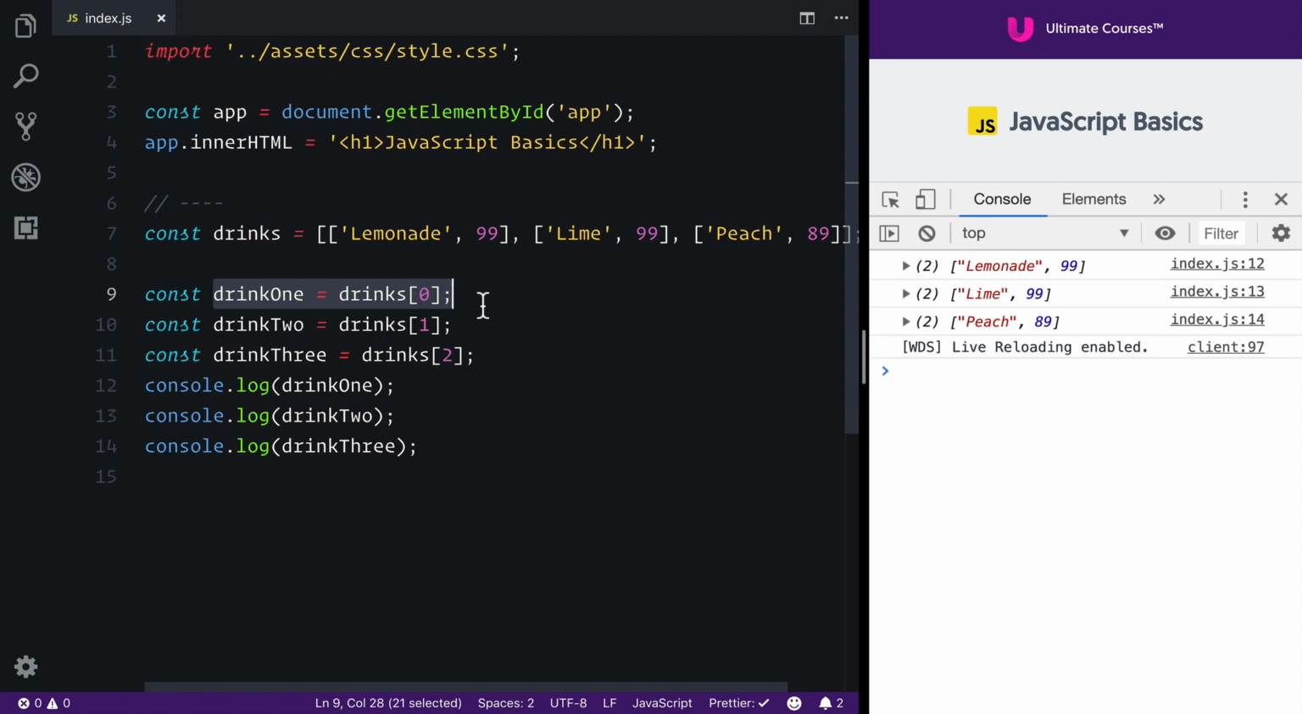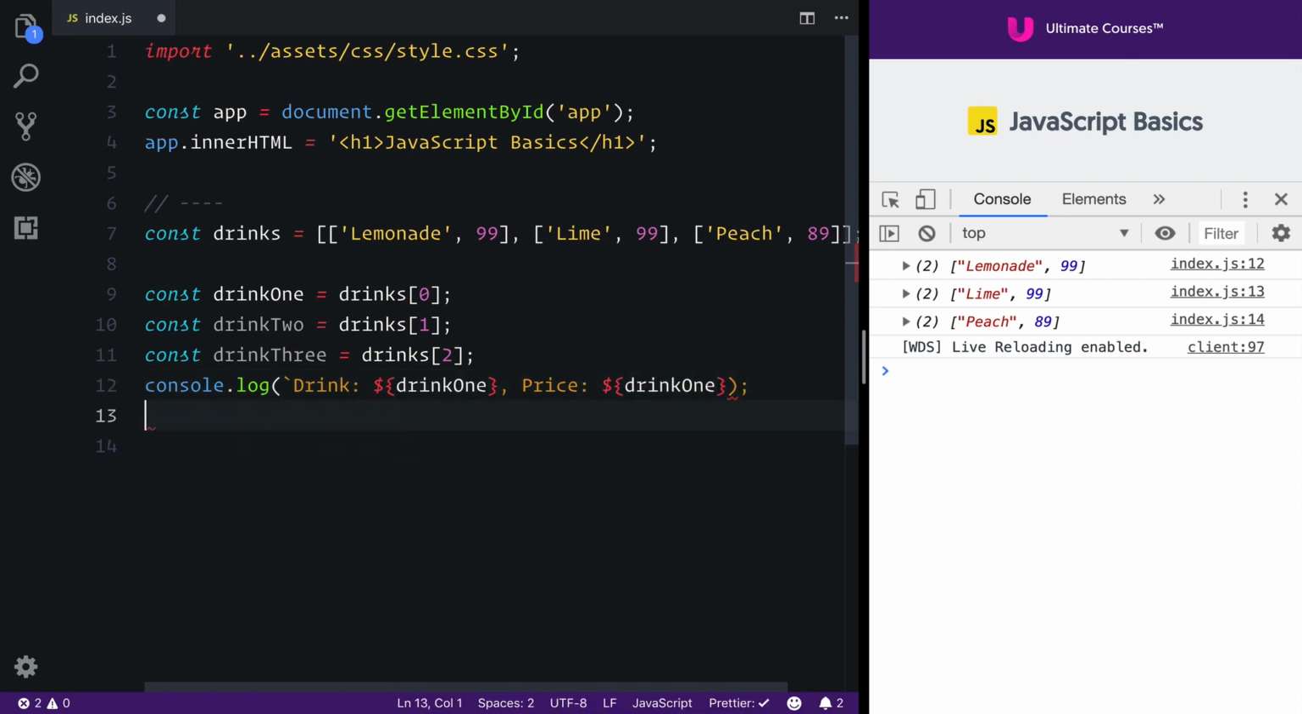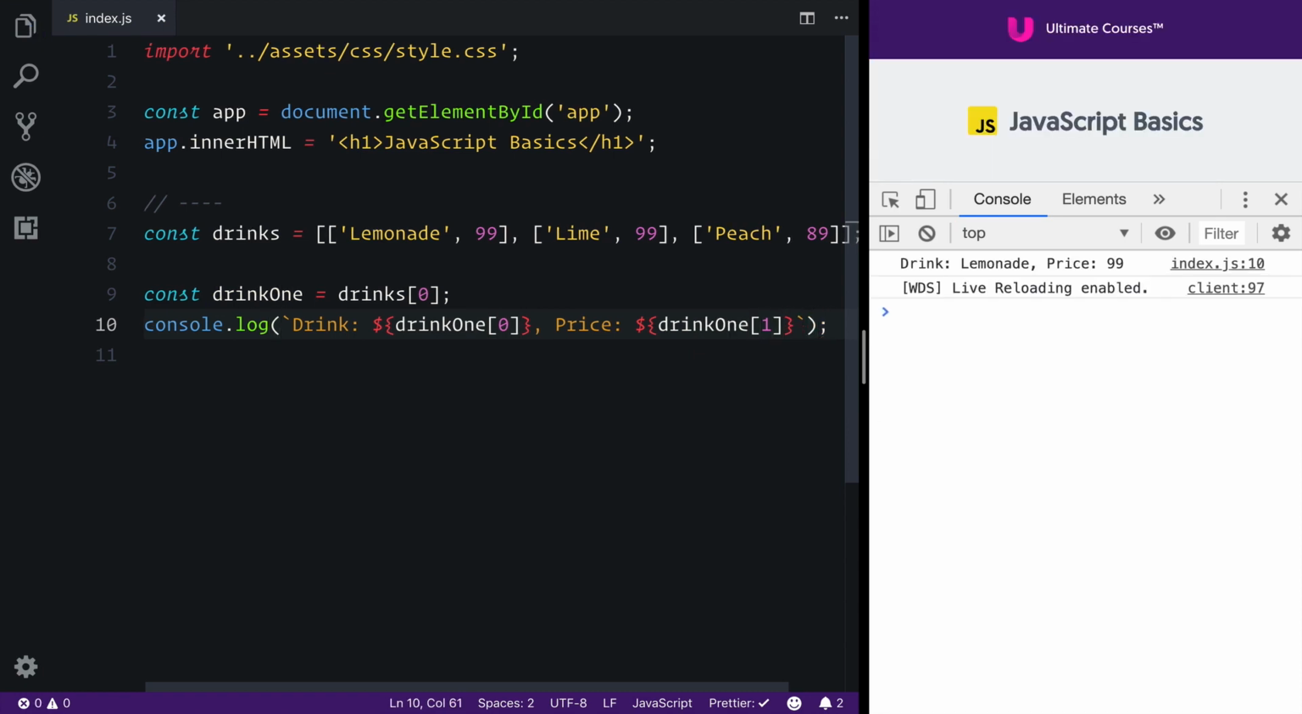But what if instead of just logging each drink, we wanted to, in fact, log out the values? So in this case, what I'm going to do is say drink, and then we're going to interpolate drink1, and we're then going to say price and interpolate that value drink1 as well. Now, we don't need all 3 of these because they follow the same examples. Now, what we can do is, again, go square bracket 0 and then square bracket 1, and then close off our string literal. We can save things out, and here you see that we have the drink with lemonade, and